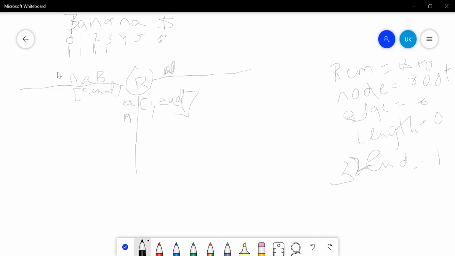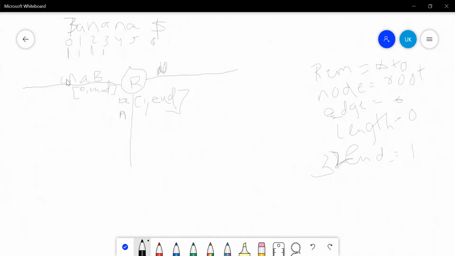Now again add A everywhere according to rule 1.